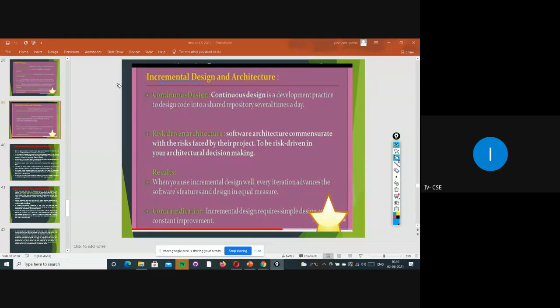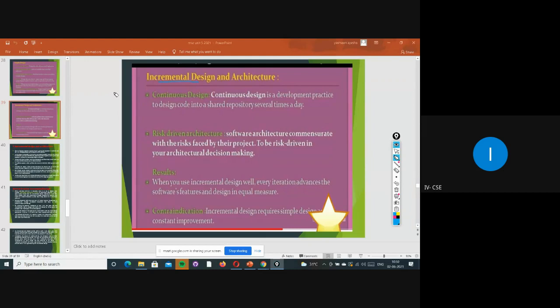Why? Because here we are using the XP agile models. Definitely we are involving the customers. They will be giving their feedback and requirements, whatever features they want to see in that particular architecture. And what features they don't want to see in that architecture, that information also they will be giving. And based on their requirements, developers or programmers will be designing the code.